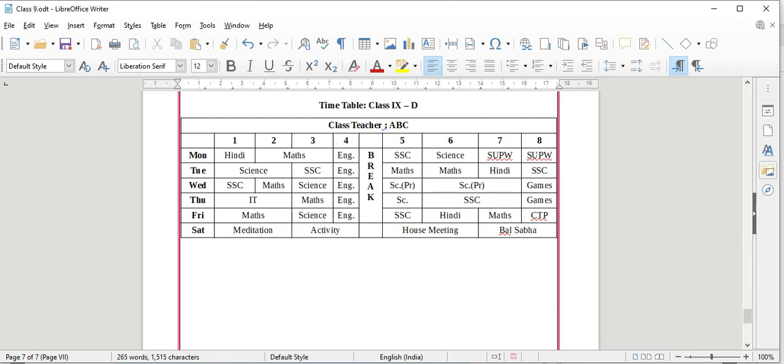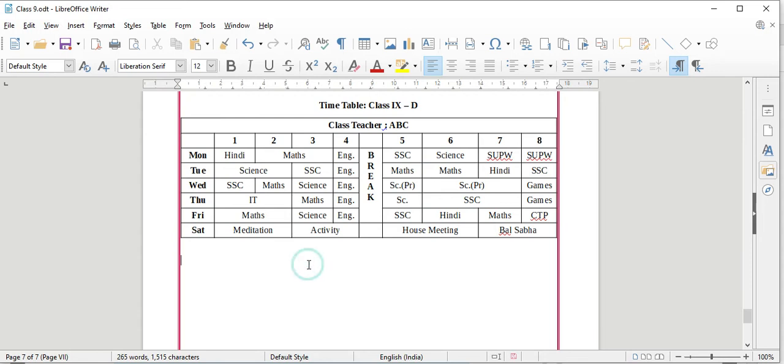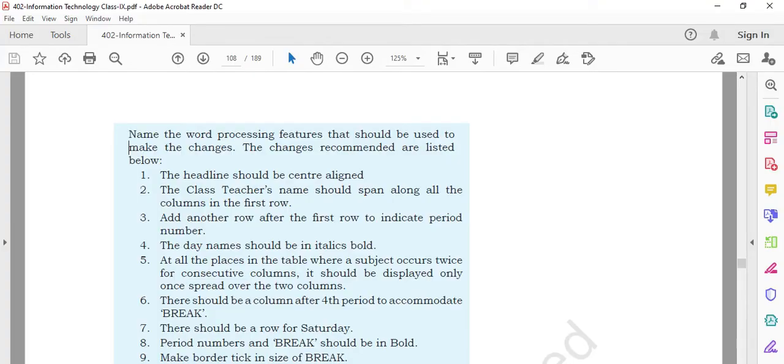Just copy the question and write the answer here in bold letters. Like this, mention the answers to all these 10 questions.